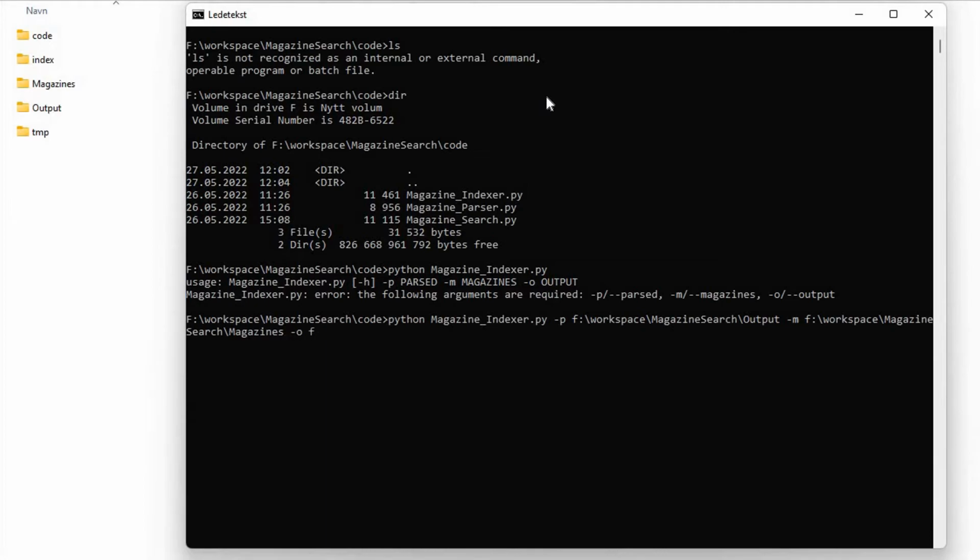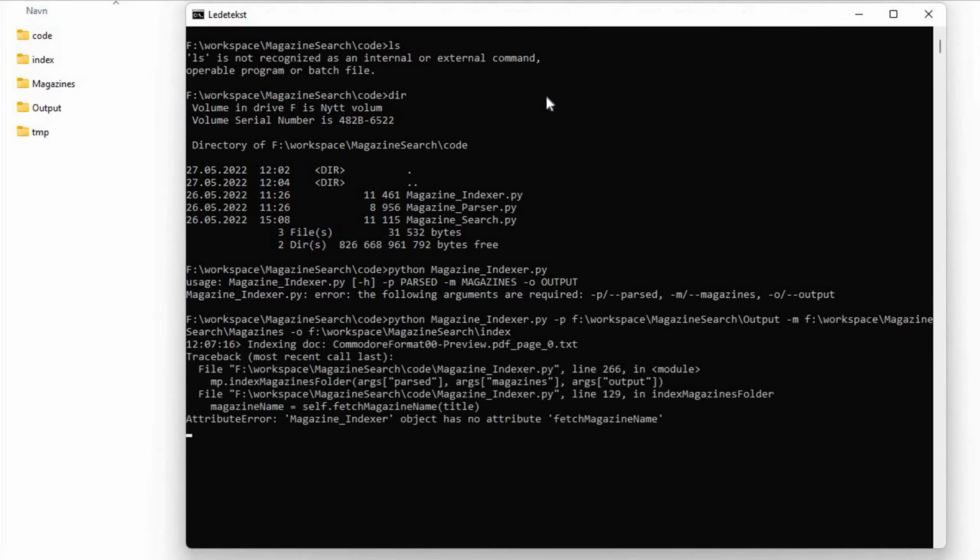And then we need to specify where the index should be created. That we will do in the folder named index. Then it's just executing the script, and behold,